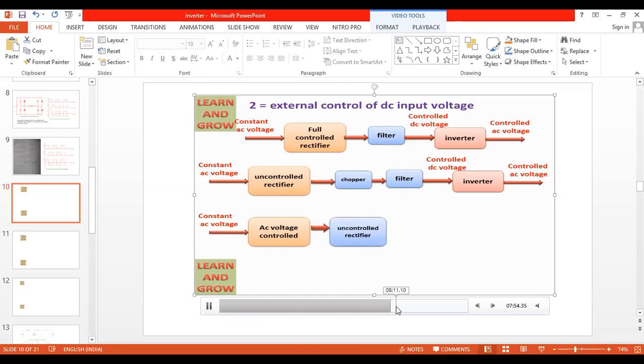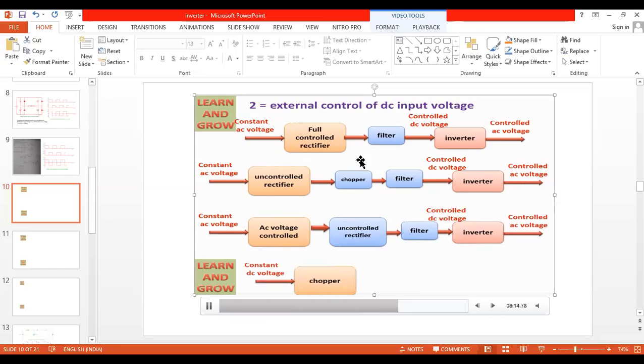So these are the theory explanation only. You can remember the block diagram on your own, and you can put it not in the same order. As an engineer, as a polytechnic engineer also, you can have it. If in the industry they have fixed DC, they can convert DC to AC, or convert fixed DC to variable AC, and that variable AC can be filtered and given to the inverter. You can see controlled DC is given to the inverter. This is the theory topic, that's why I'm taking it at last.